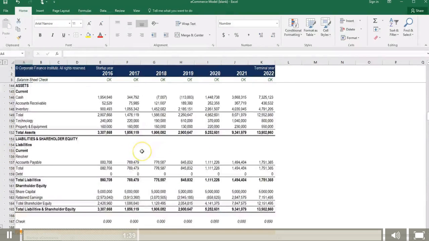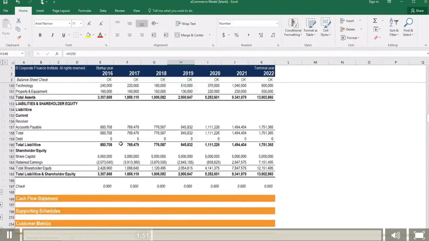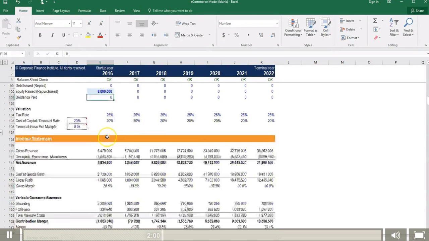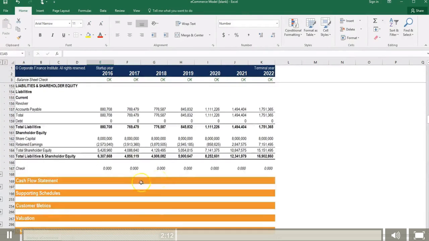Let's take a minute to analyze our balance sheet here. So you'll see that because of the heavy burn rate of this business, the cash balance actually goes negative in 2019. This is a little bit tight, and I think we should go back up to the assumptions section and actually change the value of the equity that we raise to be 8 million. 8 million gives us a nice buffer here where we've got a couple million left on the balance sheet. That'll dilute our ownership a little bit down below, but this makes the model much more stable.